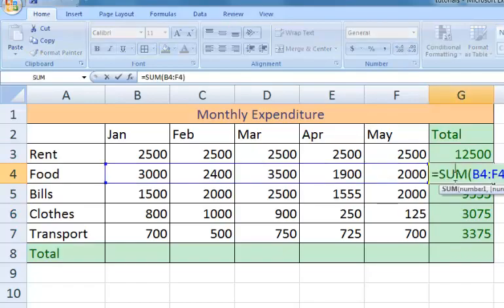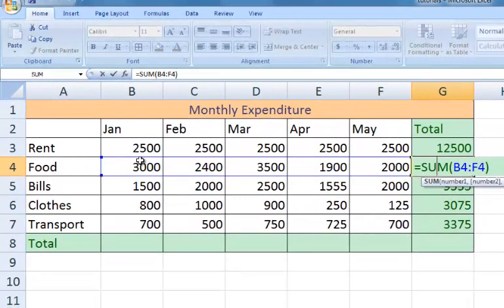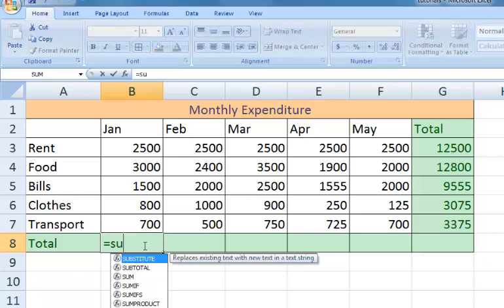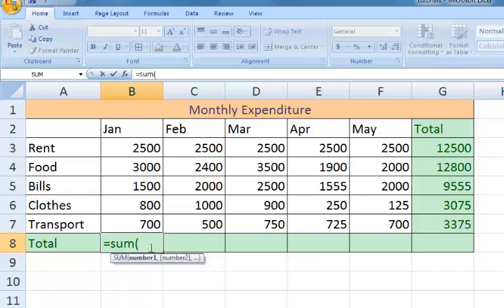Now when I double click here, I will see that it has total food, or it has added all the expenses on food using the sum function. See, the same thing will happen here. Now I can do the same thing here. Let's say I want to add January. So I can say equals to sum. I open the bracket and I highlight from